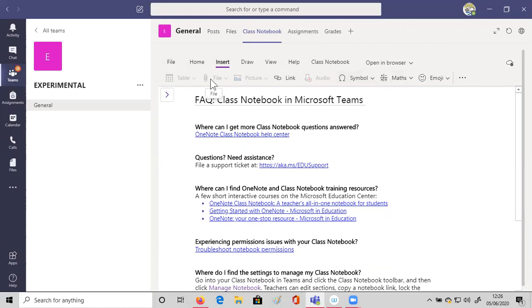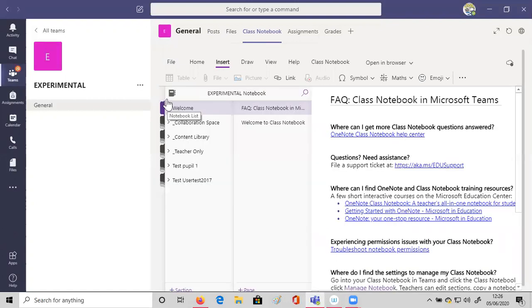Anyway, to get to your own notes within the class notebook, there's a little arrow here. If you click that, that opens a navigation panel. And you can then navigate. Now, I would imagine that you only have welcome, collaboration space, content library. You're not going to have teacher only because that's obviously just for your teacher. And then you're probably going to have your tab, which when you click on it,